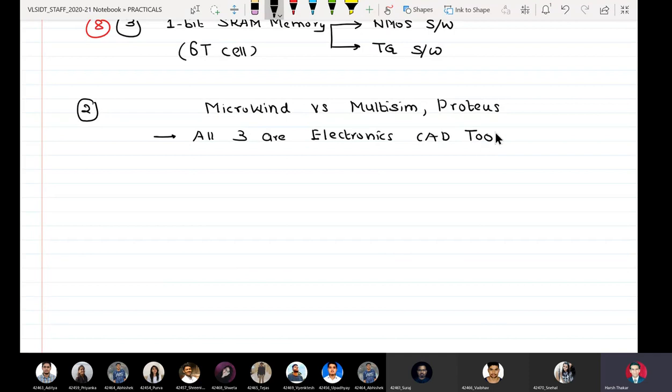That is, all three tools are used as computer-aided design tools in the field of electronics and telecommunication. Okay, so this is the similarity. The similarity is that all three are electronics CAD tools, but the difference is that their utility lies in different domains. So what is the difference between these tools?